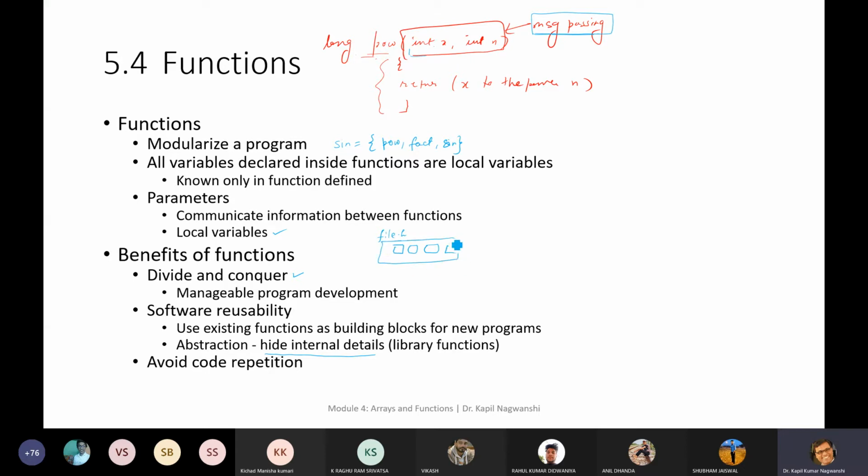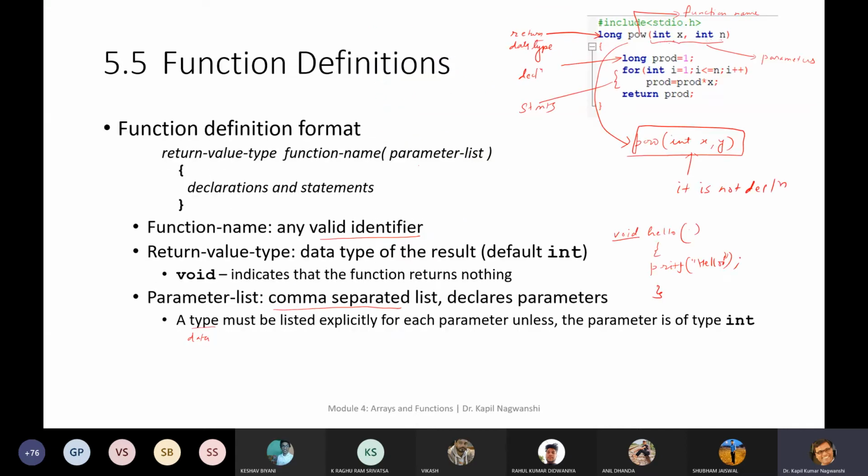We need not go for implementation of these functions once again, because they are already defined in my file.h file. Only requirement is to add this file into our program. And this also avoids code repetition. Like in factorial programs, so many times powers are used and so many times factorials are used in the sine series program. So it avoids code repetition. So these are the benefits.